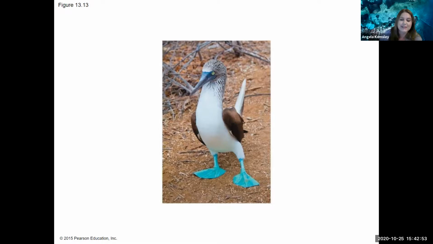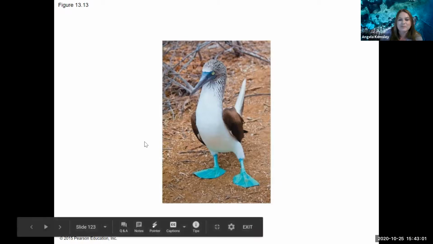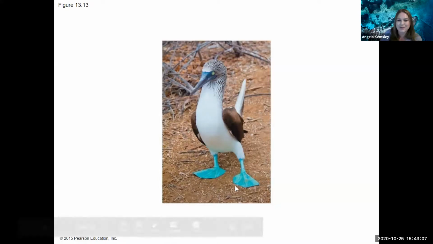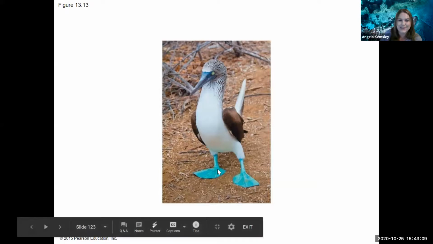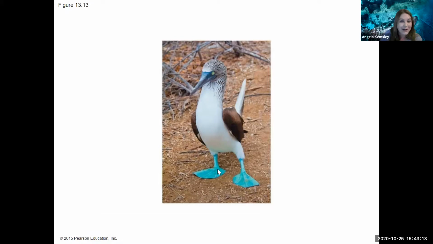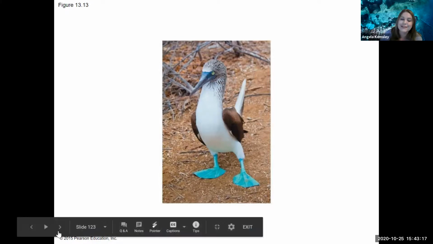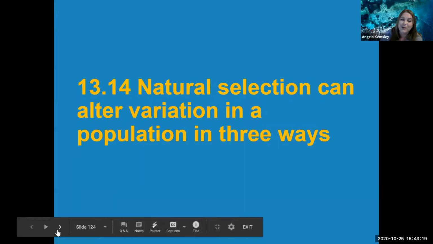It's because one male could mate with multiple females, but the female can usually only be pregnant one at a time. And so males have these real flashy adaptations that help to attract some mates. And so whichever one of these blue-footed boobies has the brightest, flashiest feet is going to be the one that reproduces the most. And that's not random, right? The females are actually choosing who has the nicest feet for their mates.